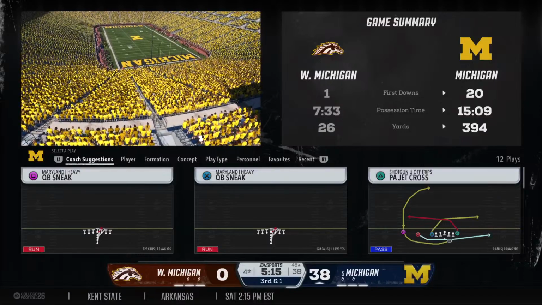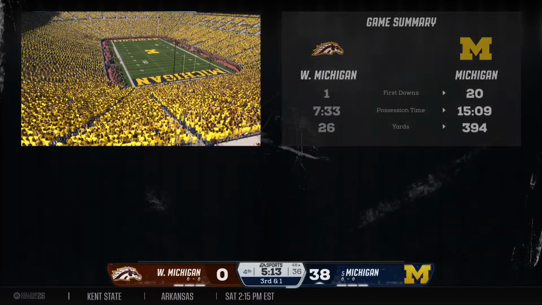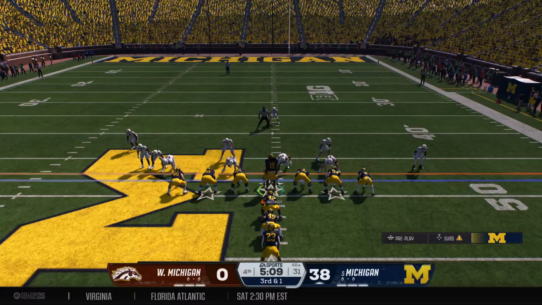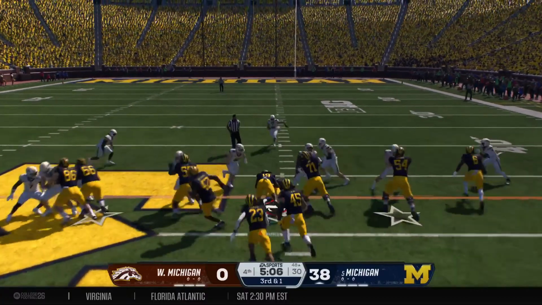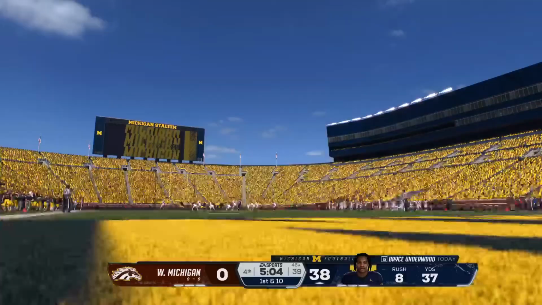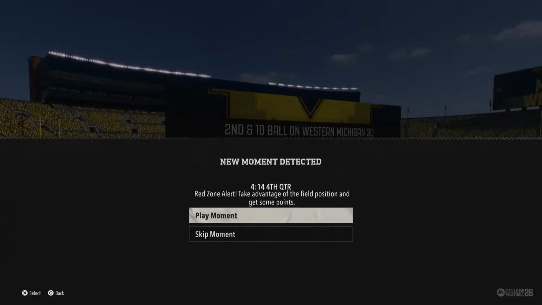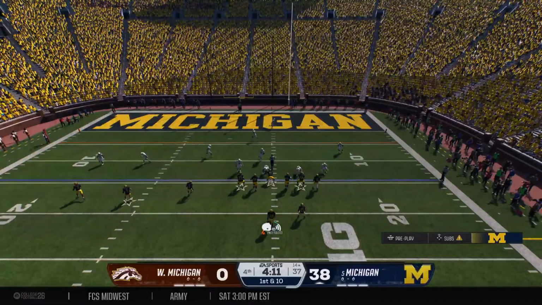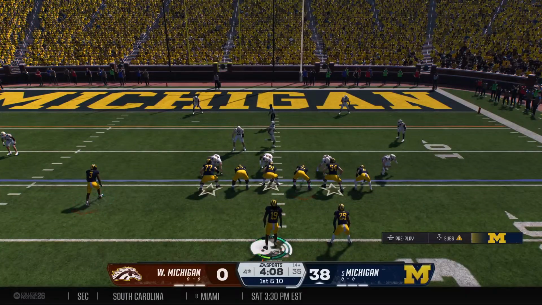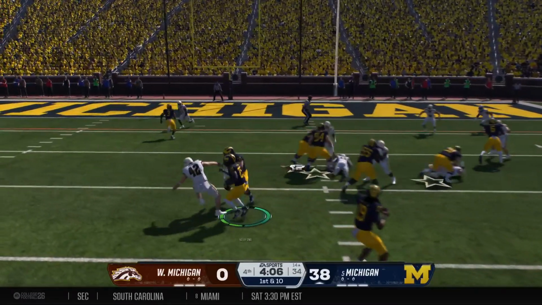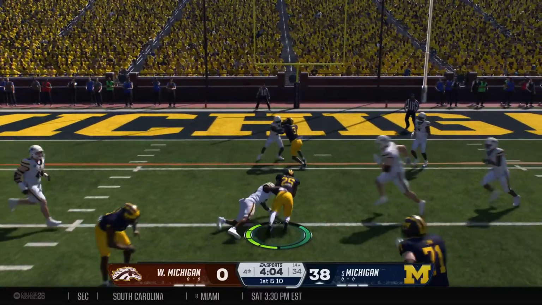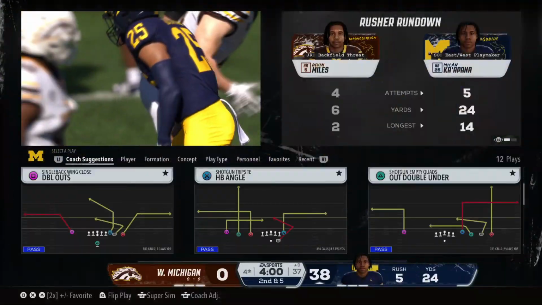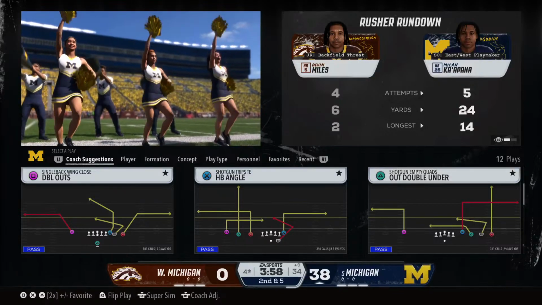Got third and 1 on the 48-yard line. Let's just do a QB sneak. The Wolverines are at the line looking to convert on third and short. Tries to slither forward on the sneak. From the fourth quarter, first and 10. Let's hand it to Micah and run it. The give to the running back from the shotgun. Wrestled to the ground, but he's inside the 10 and down to the 9.